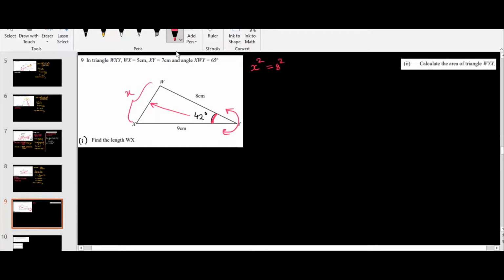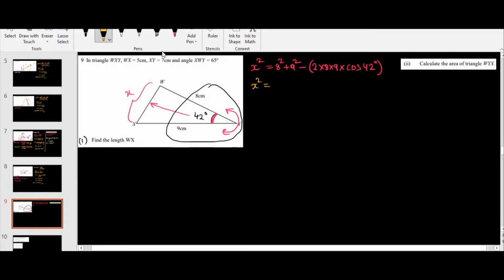That is 8 square plus 9 square minus, open the bracket. I'm writing the formula, minus 2 multiply 8 multiply 9 multiply cos of angle, that is 42 degree. Always remember, if the diagram has some sort of construction like this, there is an angle and there are two sides beside the angle, then you can directly use cosine rule to find the length, not to find the angle. We are finding the length here. So this is the formula to find the length. So x square